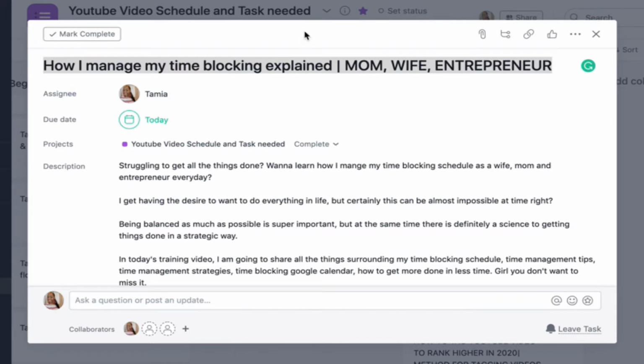And so inside of Asana, what we're looking at is one of their list or boards. And what I've already done is really made sure that I optimize my title, how I manage my time blocking, explain, mom, wife, entrepreneur. And so those are the keywords that I'm going to be going after when I upload